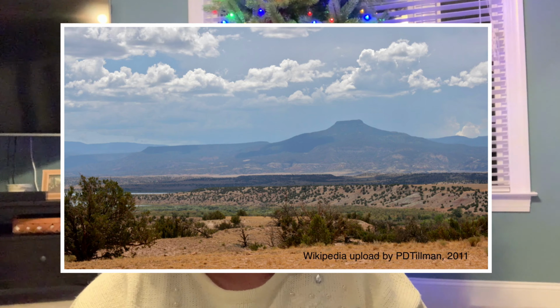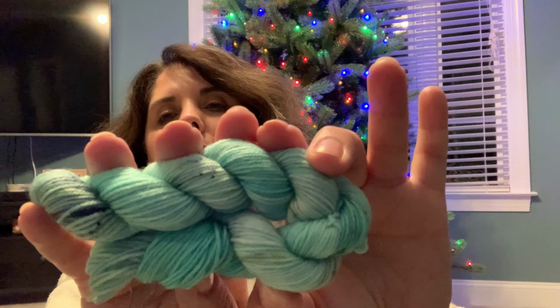So today's yarn, and we've got a lovely Christmas Eve tea to go with. Very pretty and will be tasty, I'm sure. And the yarn is absolutely stunning. Definitely get the turquoise, you get the dark black of that mountain range in there, a little bit of variation in the color of the sky. So very pretty. And we will unwrap it